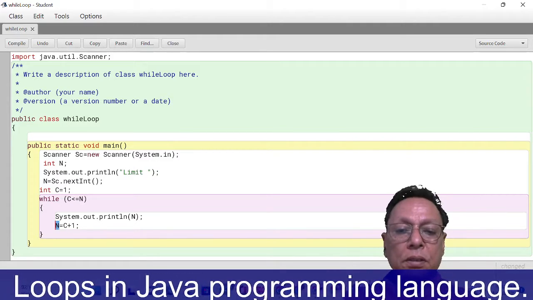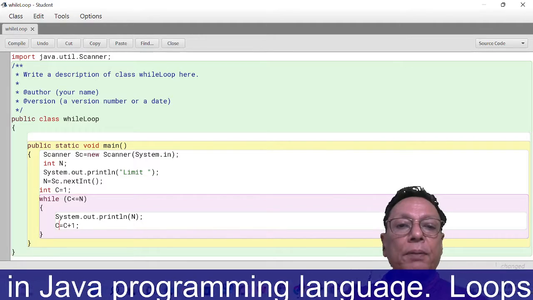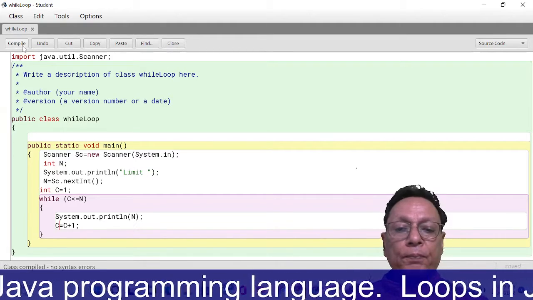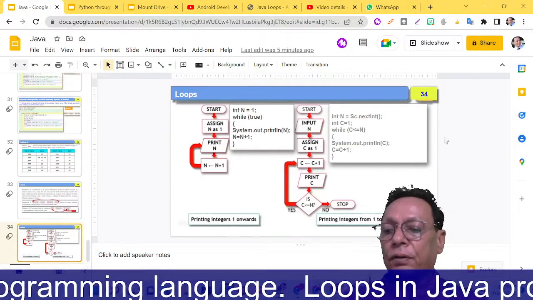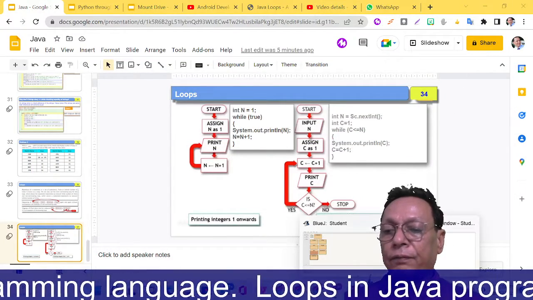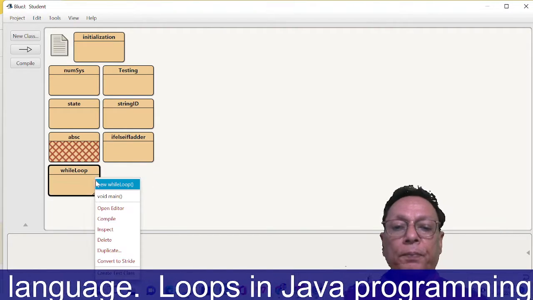So this is a finite loop. So when I run this program and give the value of n, when I run this,